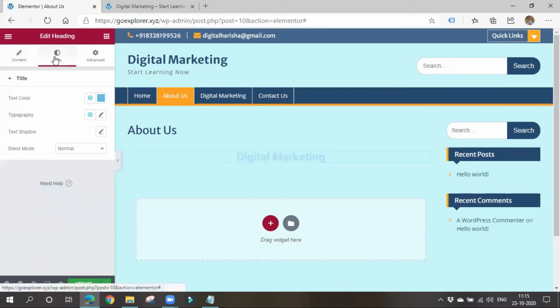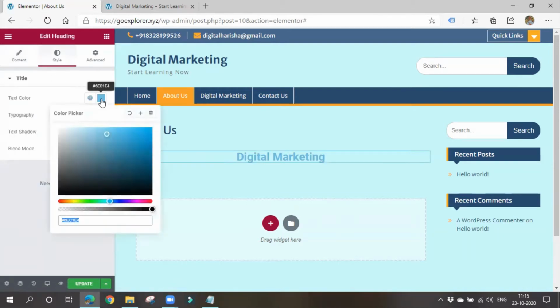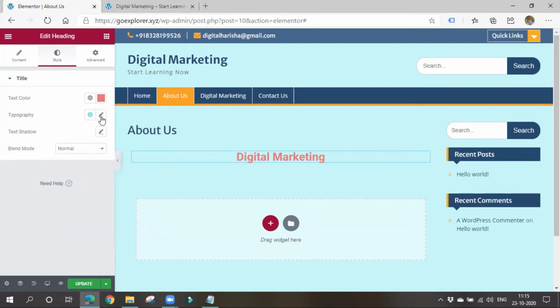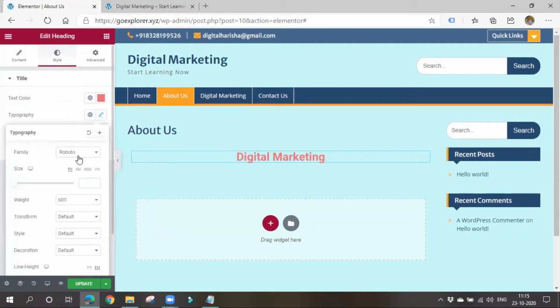You can also go for styles where you can change the color. I'll give some other color, some bright color. Typography means font. Let me choose some other font. You can also increase the size. So whatever font you want, you can choose here.